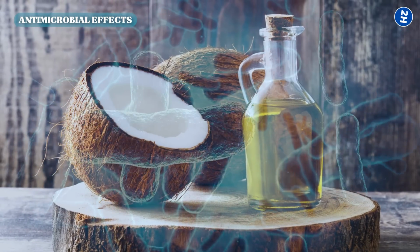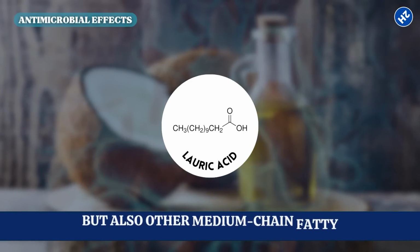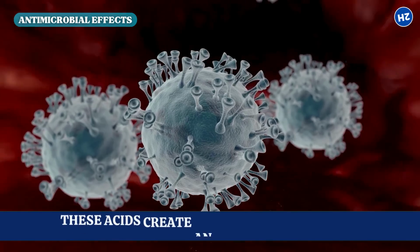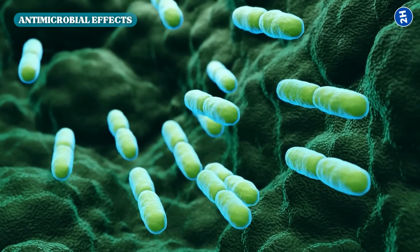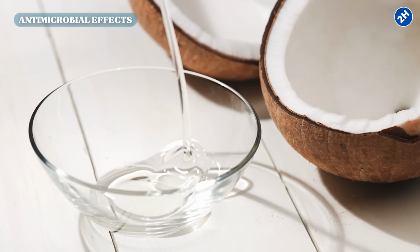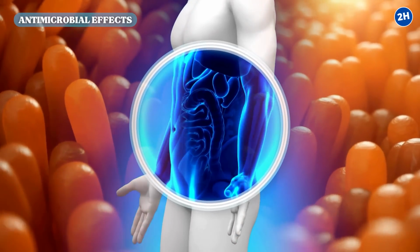Coconut oil's antimicrobial activity is not only due to lauric acid, but also other medium-chain fatty acids like capric and caprylic acid. These acids create an environment that is hostile to pathogens, inhibiting their growth and spread. Dr. O'Neill points out that the oil's effectiveness extends to the gut, where it can help balance the microbiome by reducing harmful bacteria while allowing beneficial bacteria to thrive. This makes coconut oil a valuable tool in supporting digestive health and preventing dysbiosis, a condition characterized by an imbalance